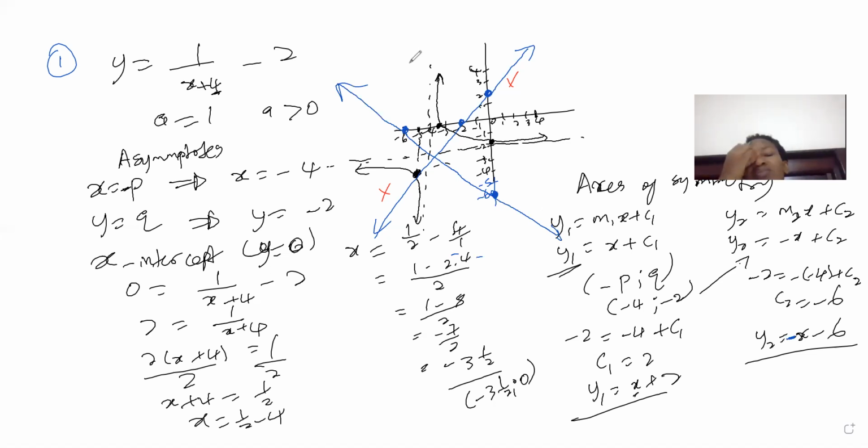Okay, so that is how you do the hyperbola. Hopefully it makes sense. If it would not,